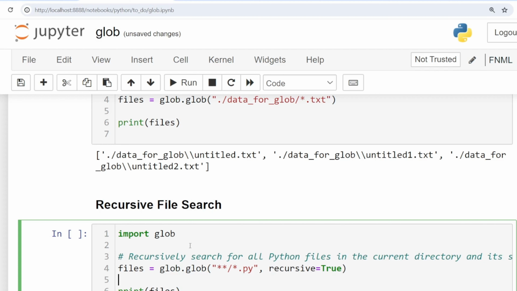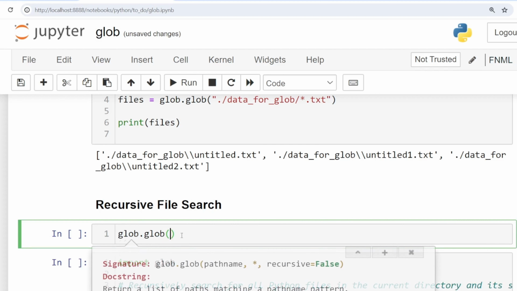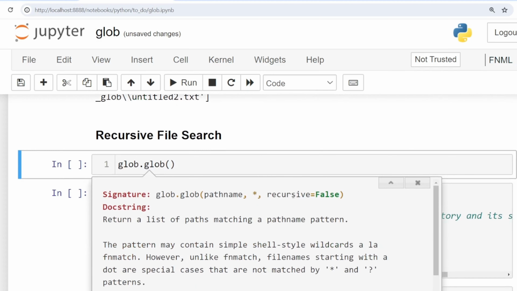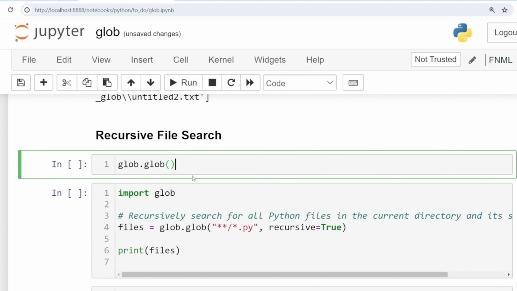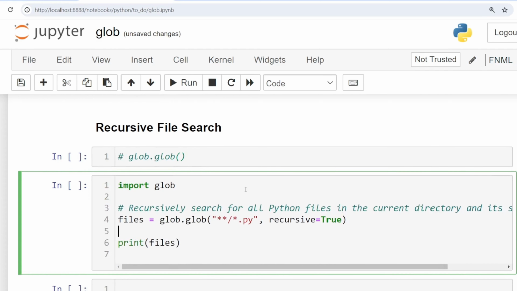So if I show you glob.glob, you can see that it takes recursive as False by default. So I will just comment this out. Okay, so the way to do the recursive search is you need to specify the path and